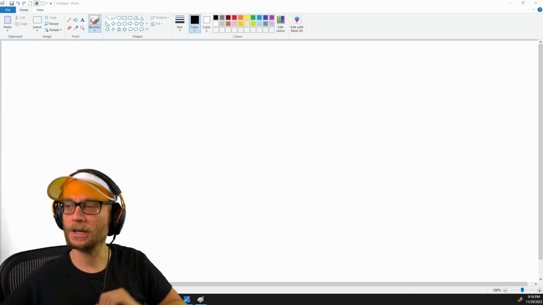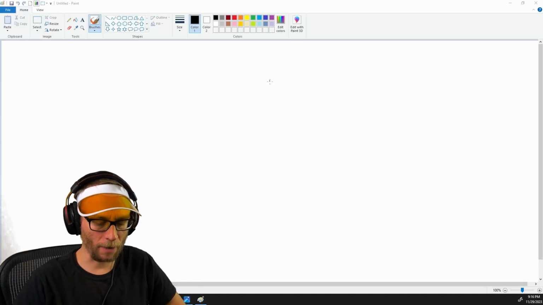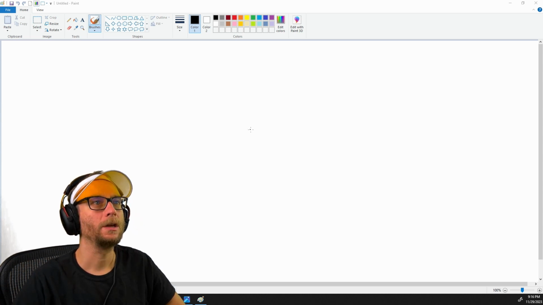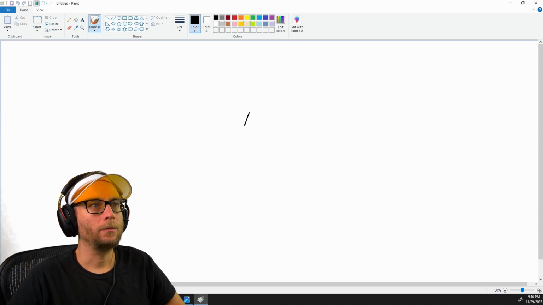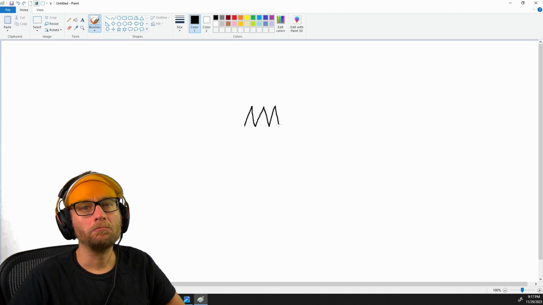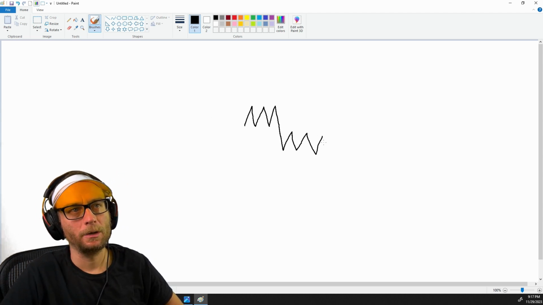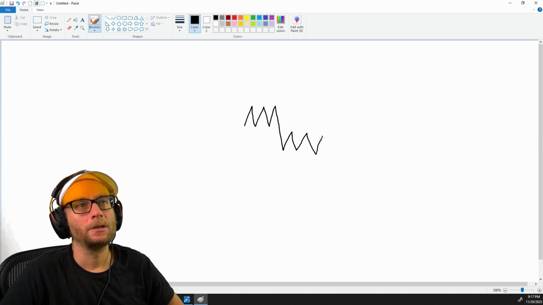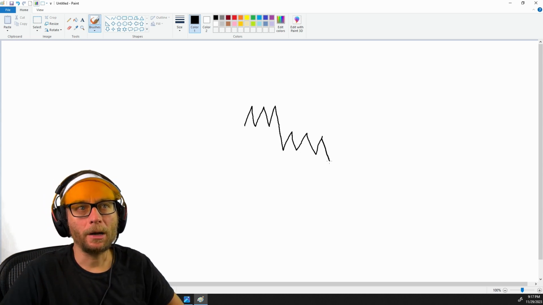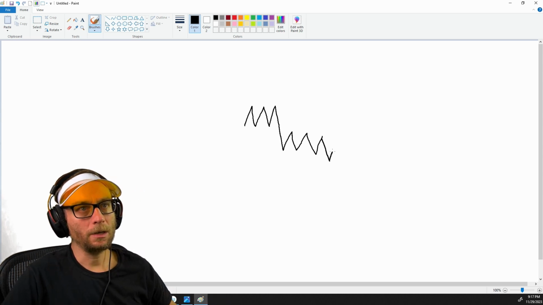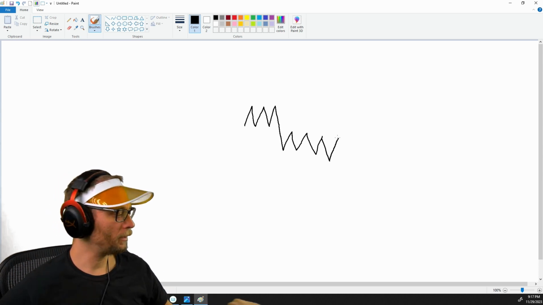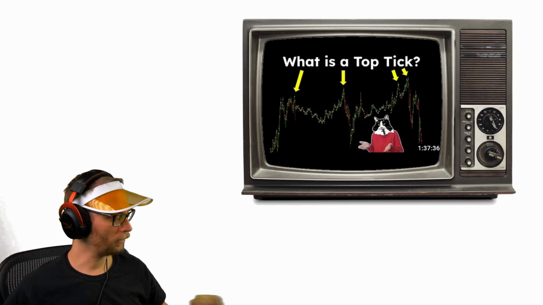So oftentimes what you'll see is you'll get a range, right? Maybe this is worth 3 points, and then all of a sudden we break out, right? And then we get another range, maybe it's worth 3 points. So what you see here is we have two ranges, two completely separate ranges, and then maybe a bottom tick, okay? And then it comes back in, and it's coming back in because of bottom ticks. That's right, there's a video on that as well.